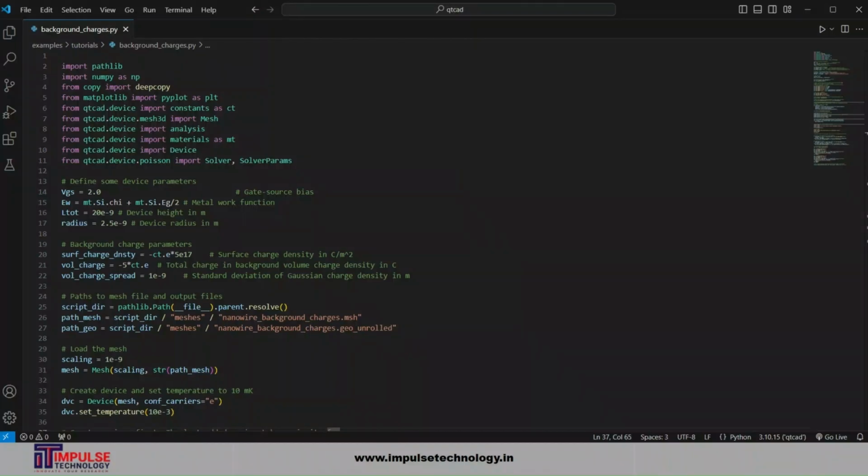I created the background_charges.py Python script, where we import some necessary libraries and define some device parameters. First, import pathlib for handling file system paths. After that, we import numpy as np for numerical operations. From copy, import deepcopy for creating deep copies of objects.